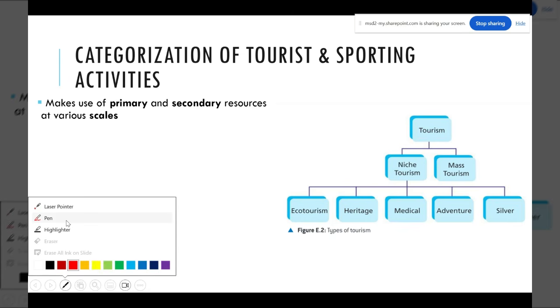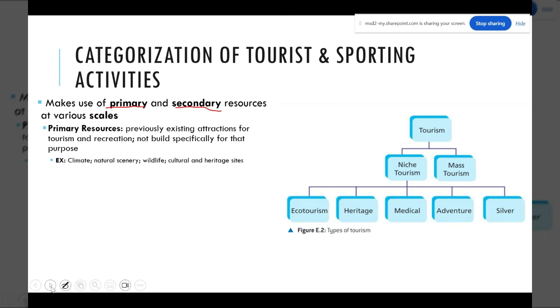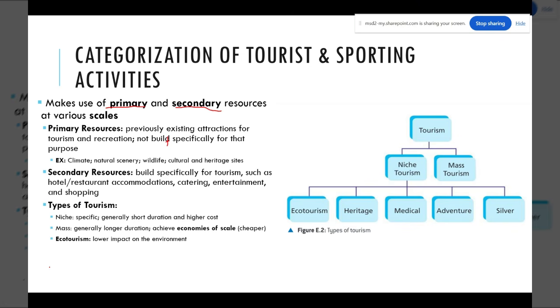We talked about primary and secondary resources. That comes up over and over again. The great thing about geography is it's a system. It's a lot of the same kind of thing over and over, but you've got to be able to apply it. So we talked about primary resources are things that are existing attractions for tourism and recreation, not built. Sorry, I should say built specifically for that purpose. Talked about secondary resources, which are things that you need in order to take advantage of primary resources and eventually make a place a long-term tourist hotspot, or honeypot, as people say in Europe, apparently. I don't know. And then we'll talk about this later.